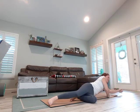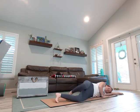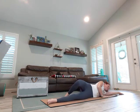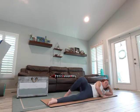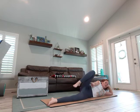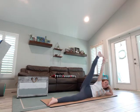Go ahead and bring that right arm out so that you can use it as a pillow. You can even prop up onto the hand if you'd like. Bottom leg comes out long. And see if you can keep balanced on your side as you stretch the top leg up, coming into a